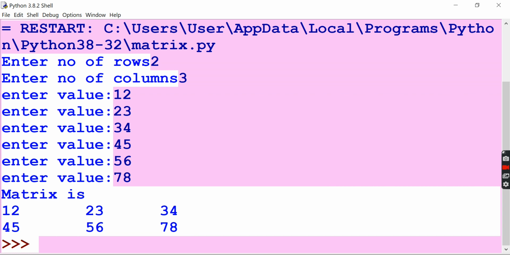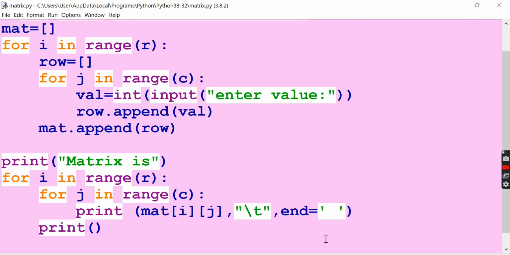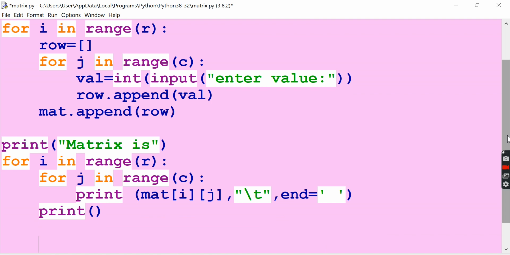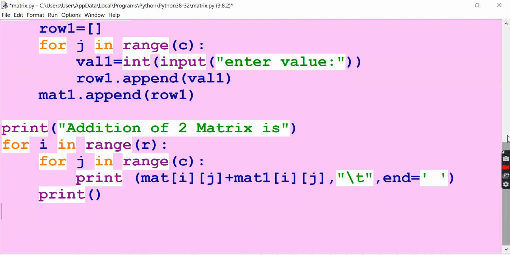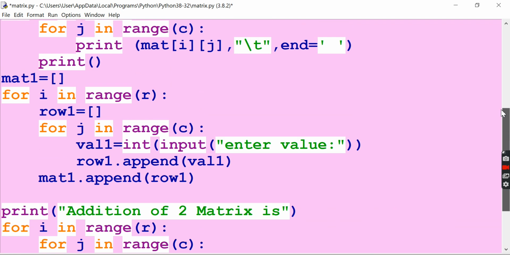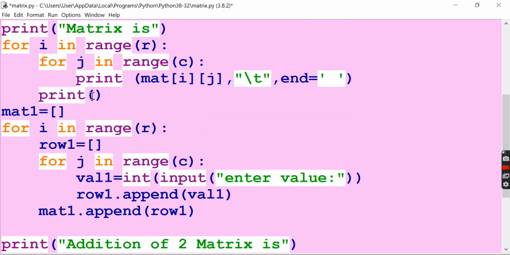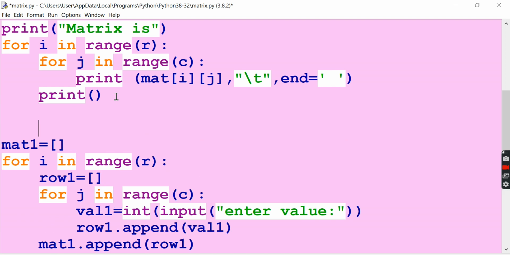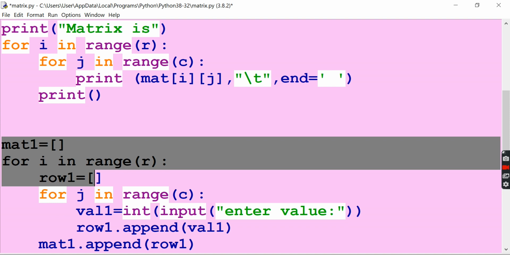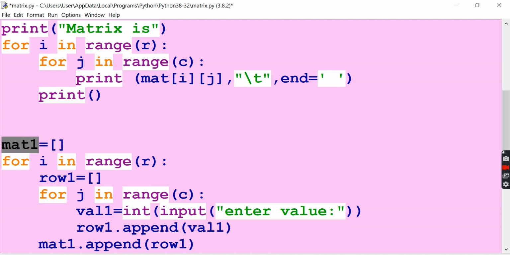After that, we are going to take the same program and add another matrix. What to do for that? The same thing can be repeated. I'm just going to apply the same procedure again. The next matrix will be saved in matrix 1, and the same procedure can be applied there. R and C already